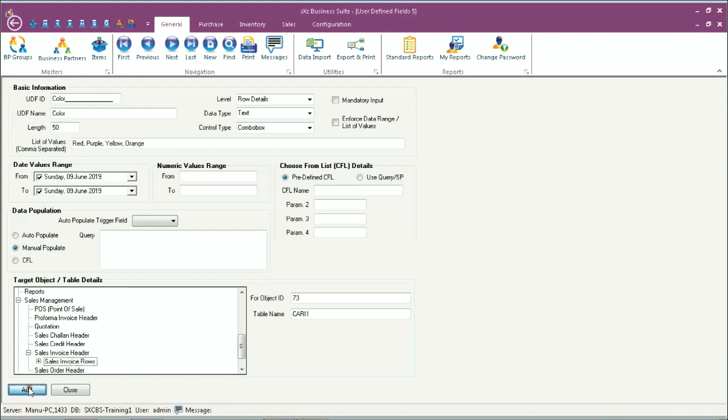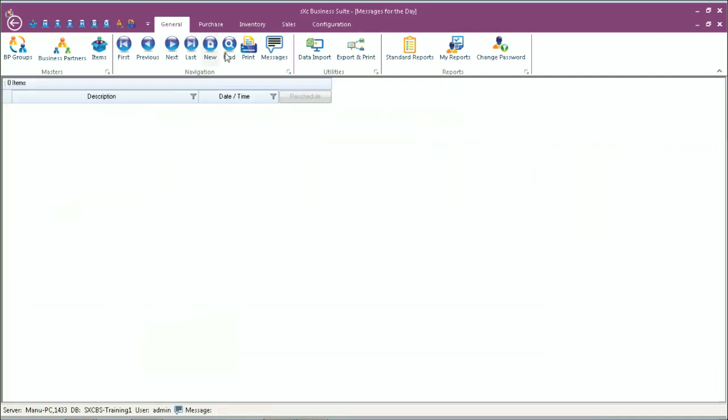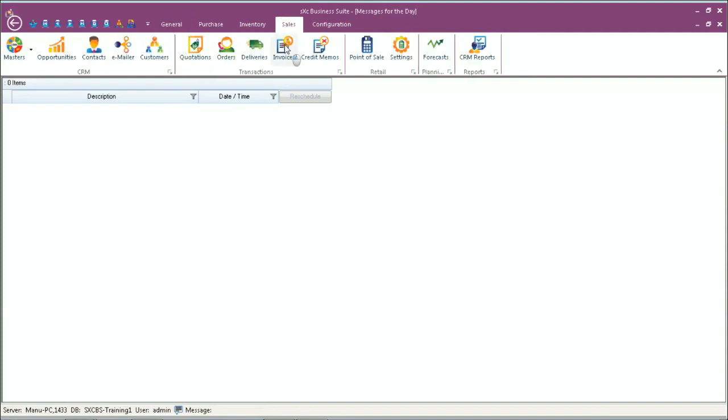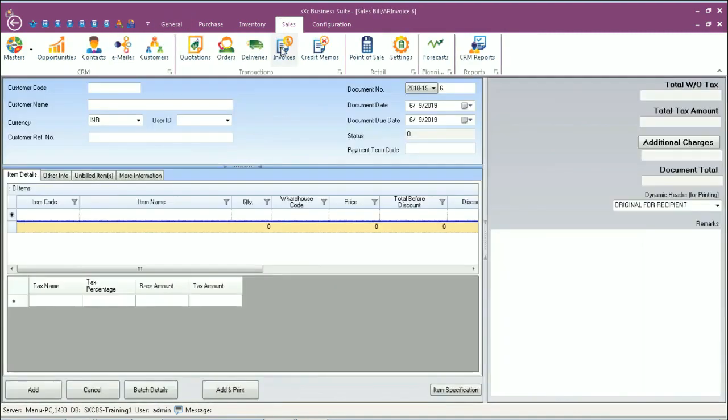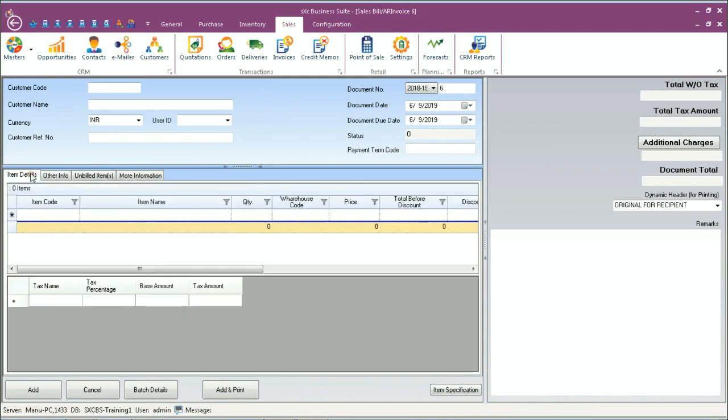So we click add and we close this. Now right now we'll have to reopen the invoice window. So we'll go to the invoices, and you will see that on the more information we have this new field over here where we can type the name of the export agent,